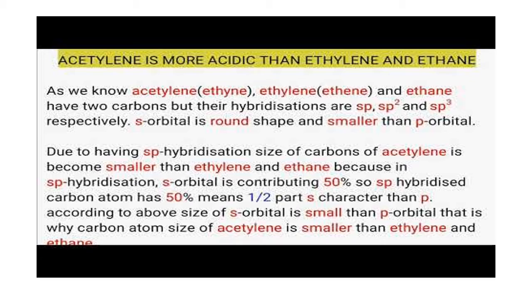So when it is withdrawing the shared electrons towards itself, the carbon becomes minus and H becomes plus, and that H is removed easily. When the H plus is removed easily, that means it is giving a proton. The one which gives a proton is an acid. So acidic character is more, and alkynes behave like acids because of the electronegative character of the carbon atom, because of the sp hybridization. Okay, right.